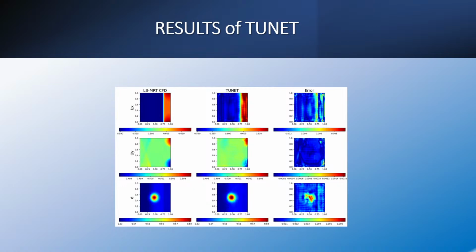Some of the results of the tUNet, here you can see in 3 rows, the velocity in the x direction, the velocity in the y direction, and the density of the oil spill. Here we present the results from the lattice Boltzmann MRT CFD in this column. This is the tUNet prediction, and this is the error. And we can see that there is a close agreement within the results, of the order of 1%. And it is able to predict the oil spill very well, as well as the velocity UX and UY, at a very good and satisfactory